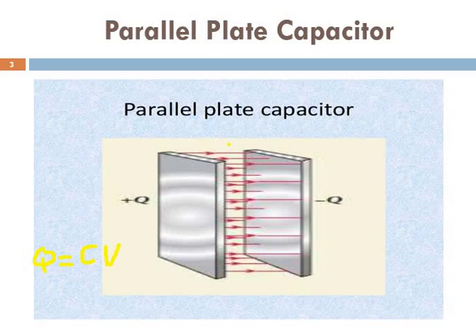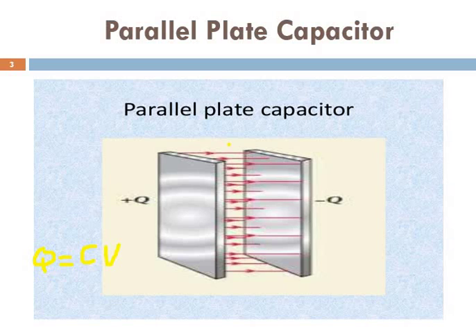As we know, there is a direct proportionality between the magnitude of charge Q on a capacitor and the potential difference V between its plates. That's why we can write Q is equal to CV, in which C, the constant of proportionality, is called the capacitance of the capacitor. V is the voltage between the plates and Q is the charge on each plate. The capacitance depends on the shapes and relative positions of the plates, and we calculate the actual dependence of capacitance on these variables in three important special cases.